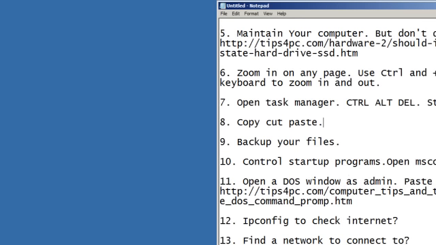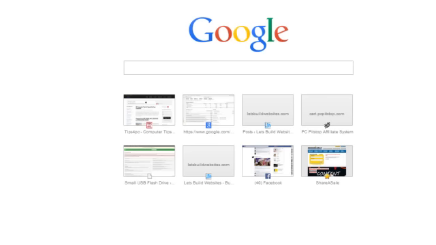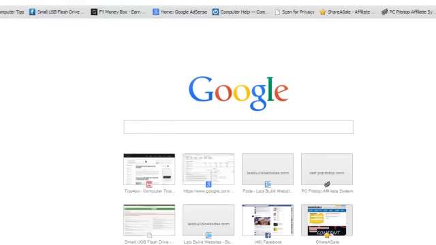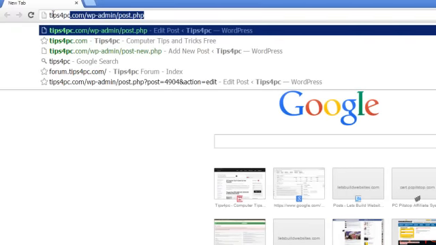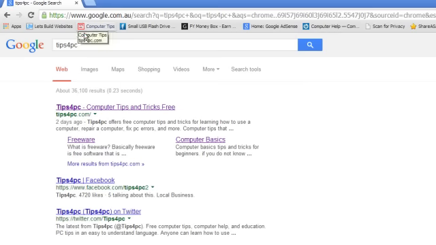Now there are some shortcuts to do that, and I have got a full tutorial on cut, copy and paste. Now you really need to do that. That is one of the basic things that people need to know how to do. Now if you go to my website, I'll just show you how to get there. Right, you just go in and you look for tips for PC, okay, and press enter, and it'll come up tips for PC. Okay, press on it